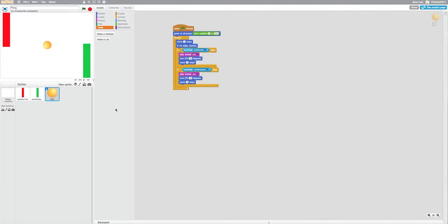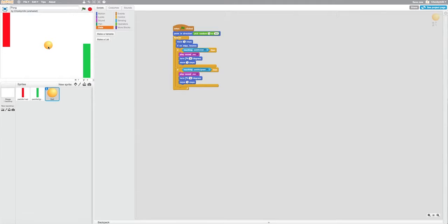Hey, welcome back. This time we want to add a little bit of reason for the competition. So we want to put a bit of scoring into this one. And just before we do, there is one little thing we could tidy up with our ball. You'll notice that it doesn't matter where I stop, that when I play again, it just continues from where it was left off. So in order to fix that, I'm kind of thinking I want the ball to always land